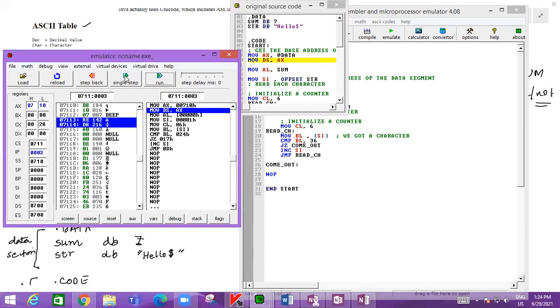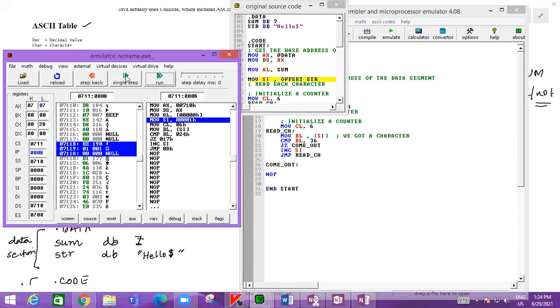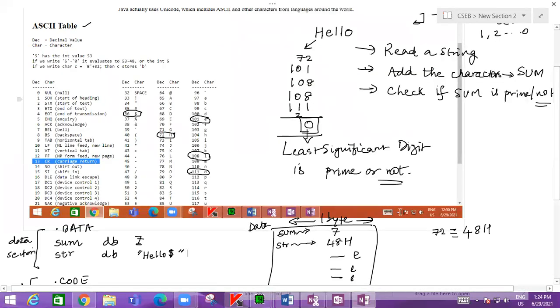Okay. So single step. First we'll write what is the value of H E L L O. H corresponds to 48H. E corresponds to, where is E? E corresponds to 101. 101 is 16, 6 or 96, 96 plus 6 plus 5, 65H.